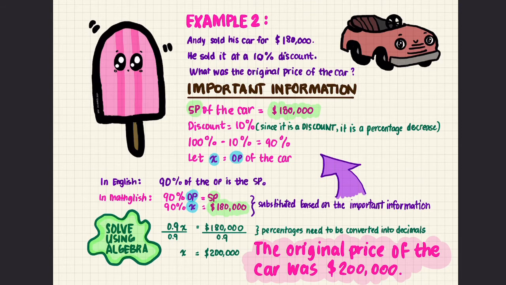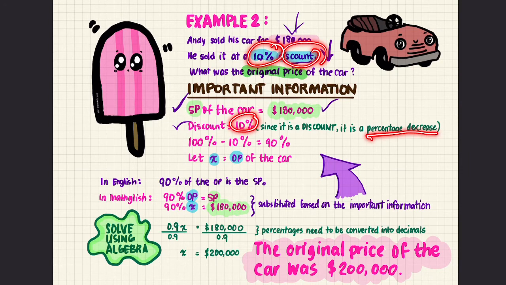Andy sold his car for $180,000. He sold it at a 10% discount. So now we know there is a price decrease because it's a discount. What is the original price of the car? We're looking for the OP. So what do we know? We know the selling price is 180,000. We know it's a discount, a 10% discount, so it's a percentage decrease. So what do